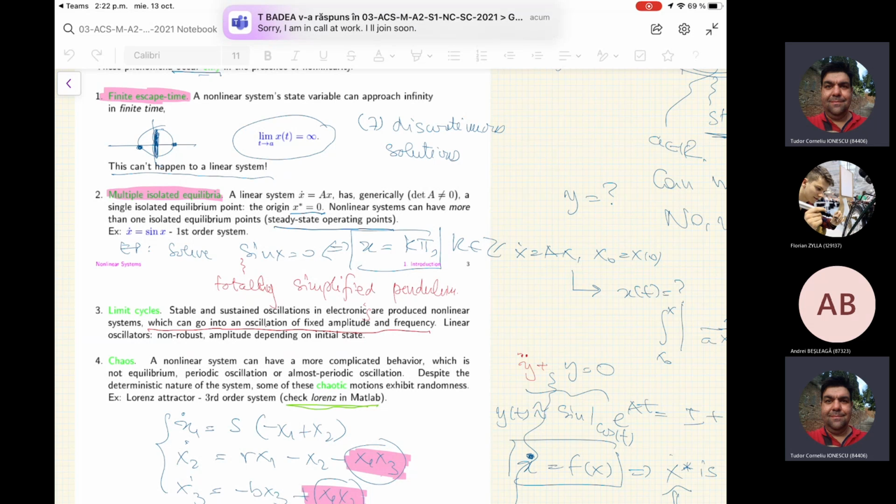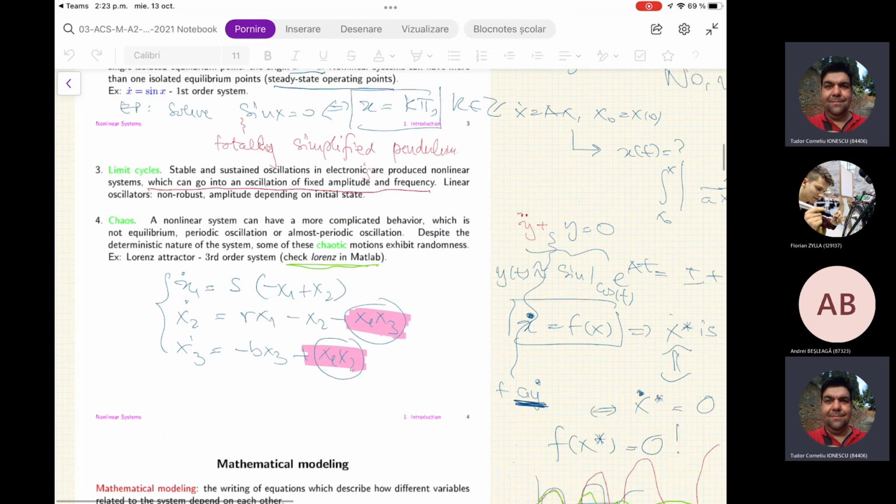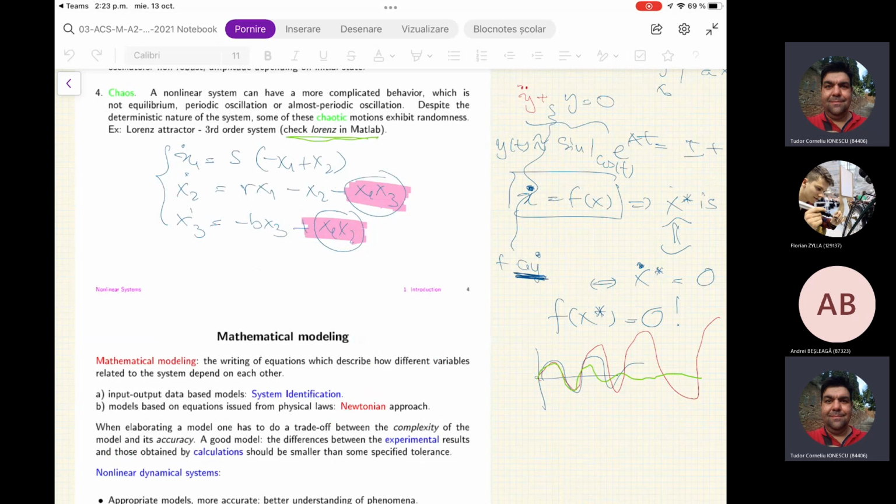And then there are limit cycles. Limit cycles, again, are structurally stable, and we are going to understand this notion of structurally stable sometime soon. Oscillations, even if they are perturbed or subject to any problems, are maintained forever. And of course, chaos, that is a set of differential equations behaving with a chaotic behavior, even if they